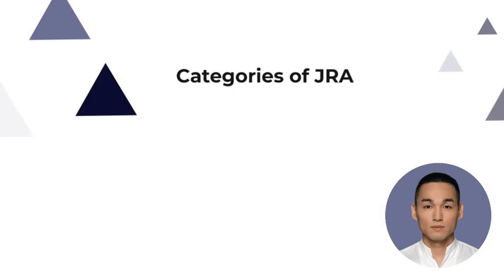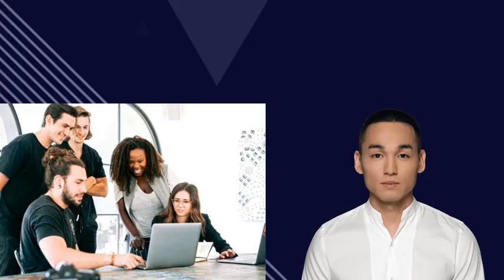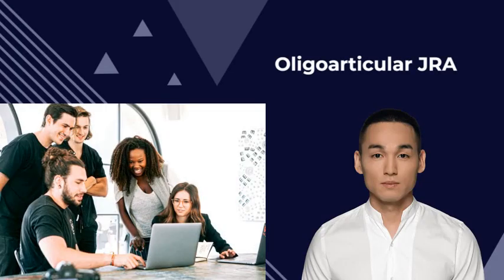JRA is classified into 3 main types based on the number of joints involved and the symptoms exhibited within the first 6 months of the disease. Oligoarticular JRA, also called pauciarticular JRA, is the mildest form and affects 4 or fewer joints. The large joints, such as knees and ankles, are typically involved. Children with oligoarticular JRA are at risk of developing eye inflammation, specifically uveitis, which can be serious if not treated